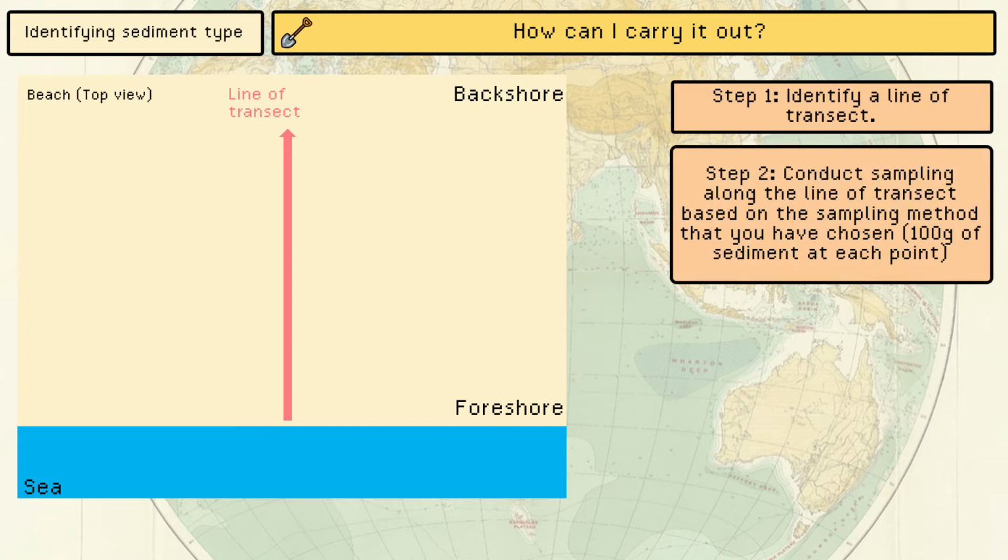And then step two, you want to conduct sampling along the line of transect based on the sampling method that you have chosen. Remember, we have gone through stratified sampling, and we have gone through systematic sampling. However, there's one more sampling method which I will explain shortly. What I need you to know here